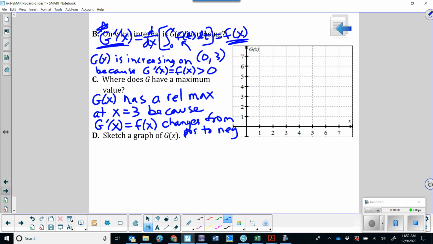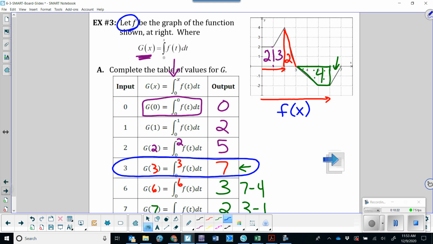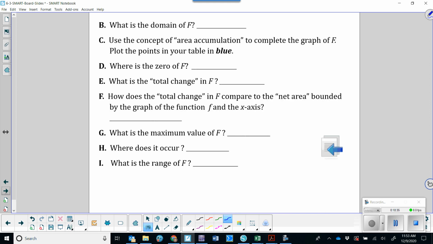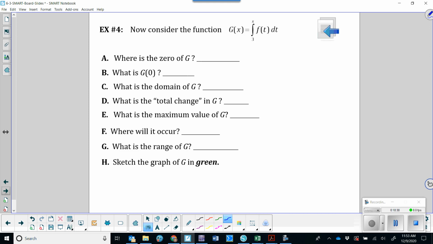In the same way, the only thing that's different about this question is the fact that you have to determine that that graph is the derivative. Then it says sketch a graph of g of x. I'm actually going to skip that. You would essentially just plot those points and connect the dots. So let's go to this next part. We're going to skip all of this one. Just flip the page over and move all the way to